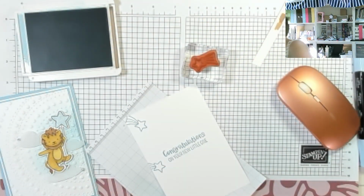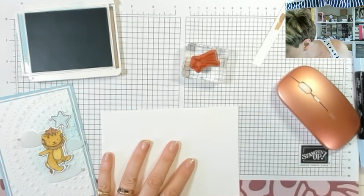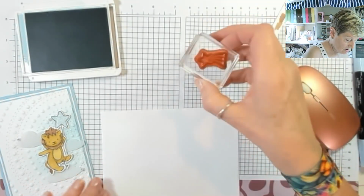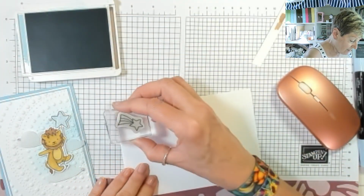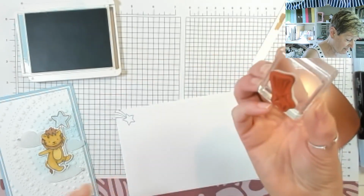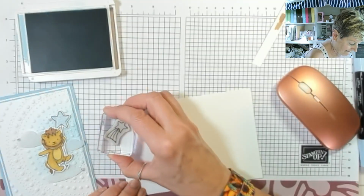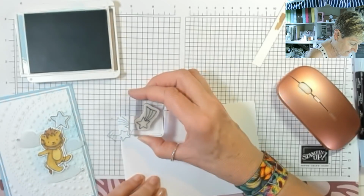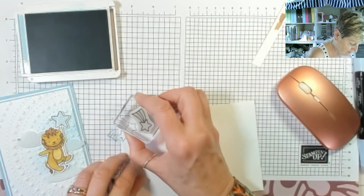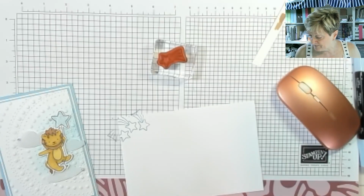And actually I want an envelope, and I'm going to actually bottom corner, no, I'm going to go up there. I'm going to hand deliver, so it really doesn't matter what I put where. So a little cluster of stars in the top corner,